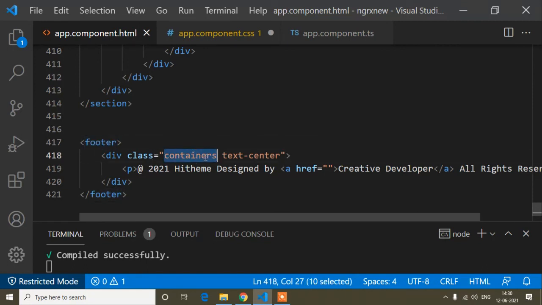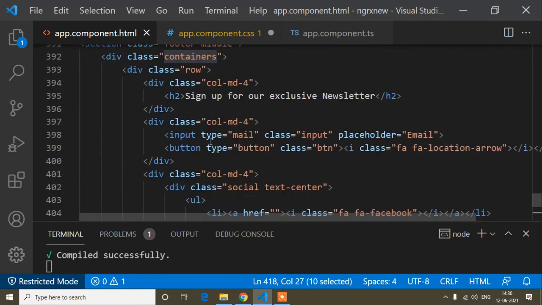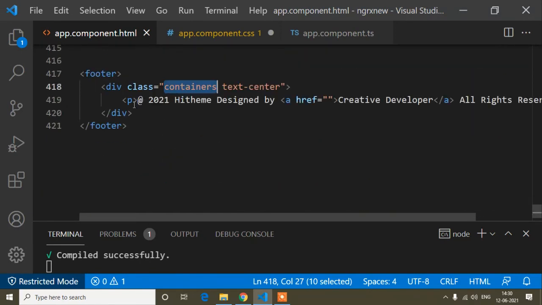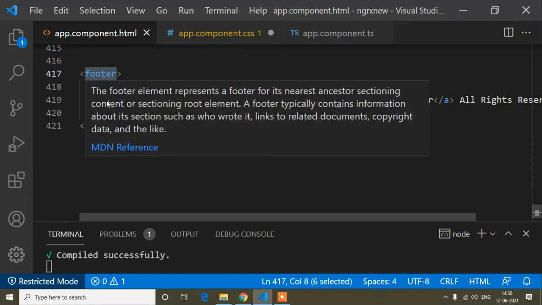Because if I wrote containers as the parent of this p, then since container is commonly used for all the sections, every section's p tag would change. That's why I have always written a unique parent. So the unique one here is footer, and then p tag.